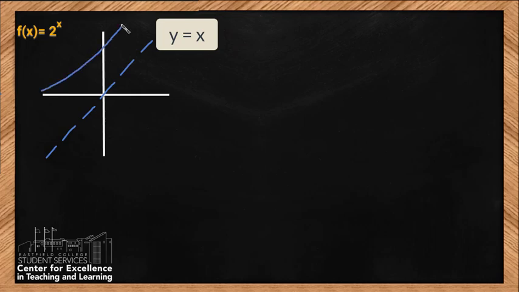Exponential functions and logarithmic functions are inverses of each other, and so I want to highlight that one property of inverse functions is that when you graph them, they should be symmetric across a specific line. We've learned about this somewhere else, but here's the line y equals x, and inverse functions should be symmetric across that line. So when you graph an exponential function, let's look at one we had earlier, f of x equals 2 to the x, the graph would look something like this, and it would just go up and continue